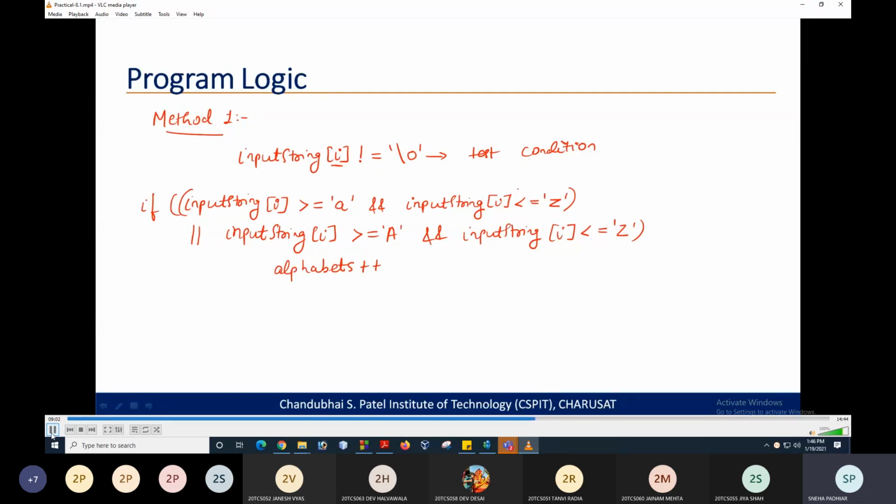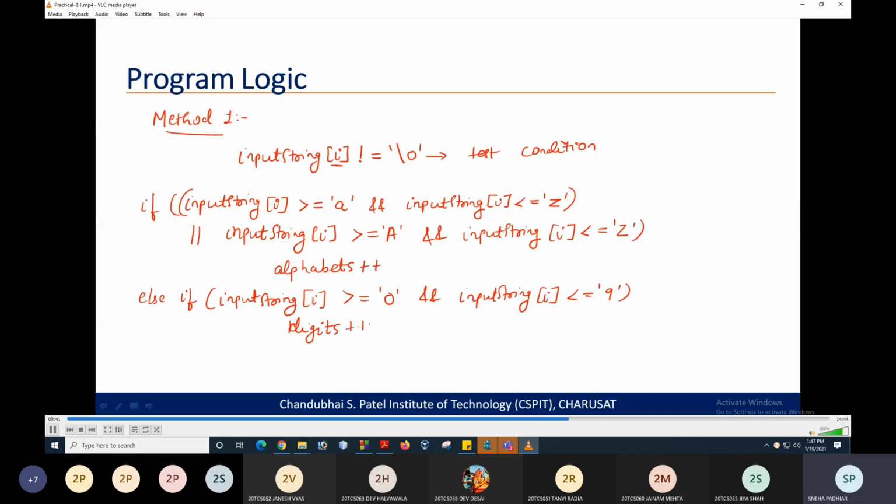So here we are going to check in the else if part, input string for digits, it should be between 0 to 9. So it should be greater than or equal to 0, and the input string of I should be less or equal to 9. So if this condition is true, then you need to increment the count for digit, and the variable is digits.